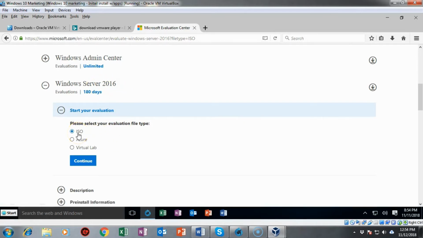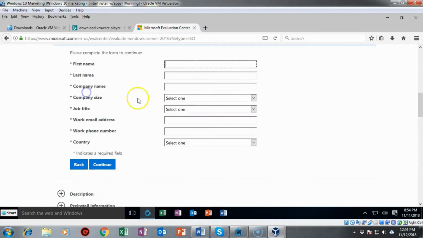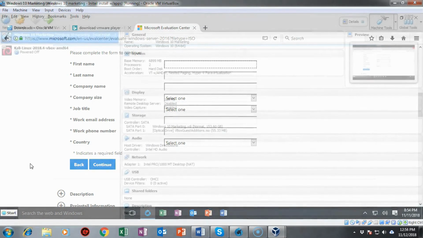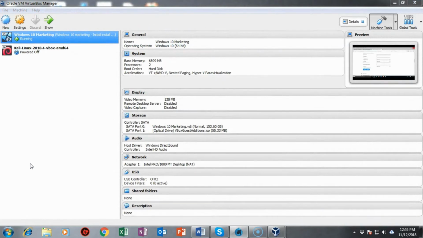Select the radio button for the ISO. And now we're just going to say Continue. On this next page, you're going to fill out your information. When you say Continue, you'll be taken over to the download site where you can get your fresh installation of Server 2016 ISO. Now once the download for Server 2016 has completed, you can go ahead and open up your